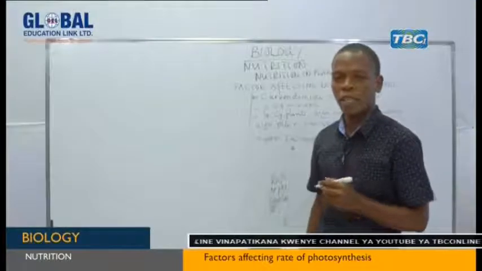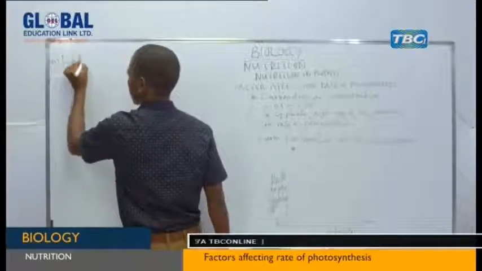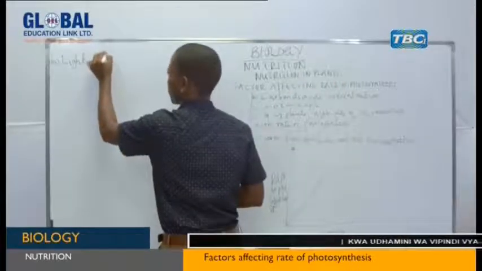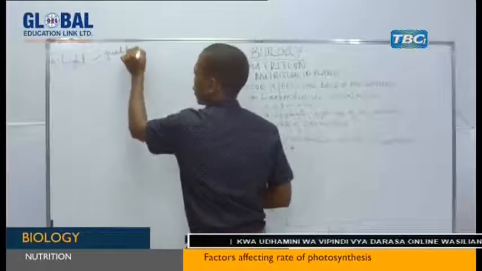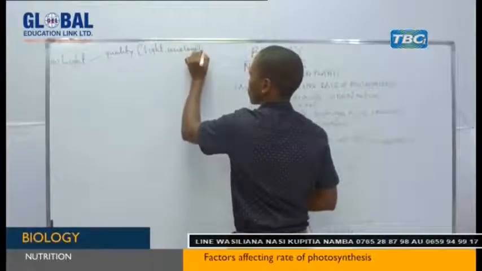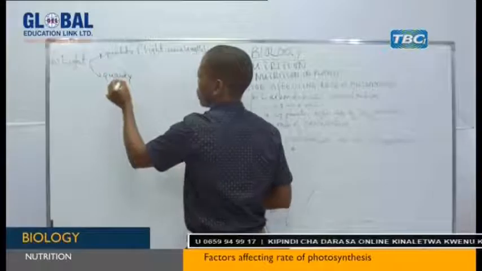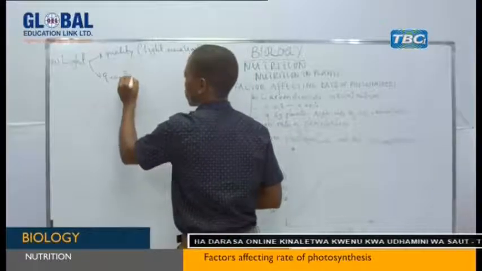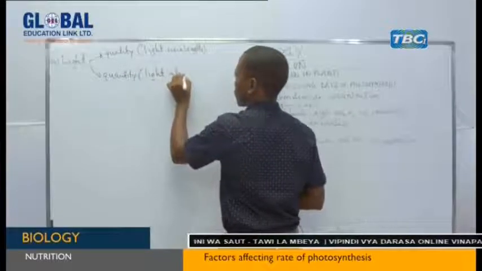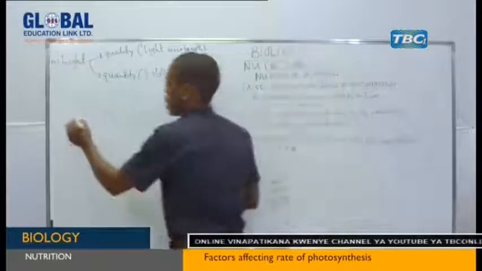Therefore, another factor which affects the rate of photosynthesis is light. But the concept of light can be viewed under two aspects. We have light quality, which means here we are talking about light wavelength, and light quantity. Here in light quantity, we are talking about light intensity. Starting with light wavelength,